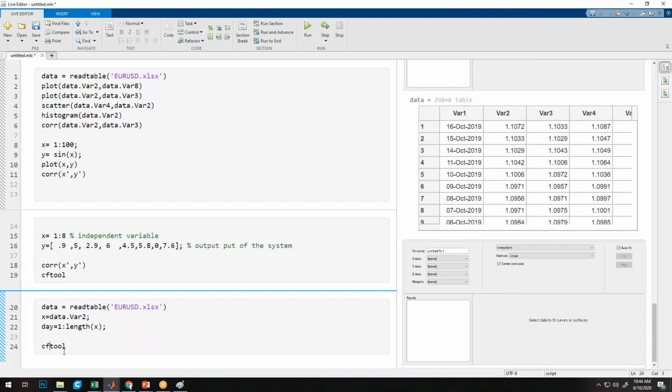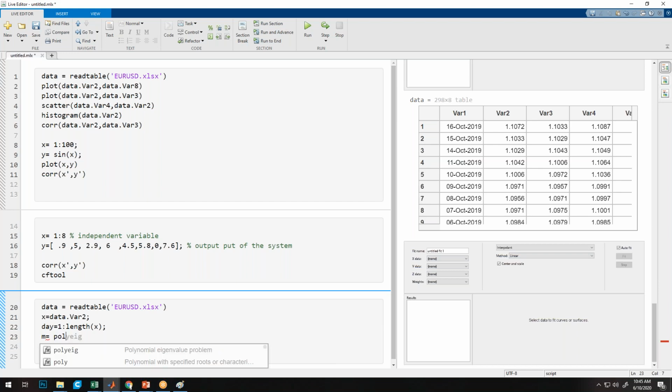I'll put this into a comment. Say whatever result comes after the fitting, I want to store all the results in an m variable, and to fit a polynomial over a data set, I can use the polyfit function.